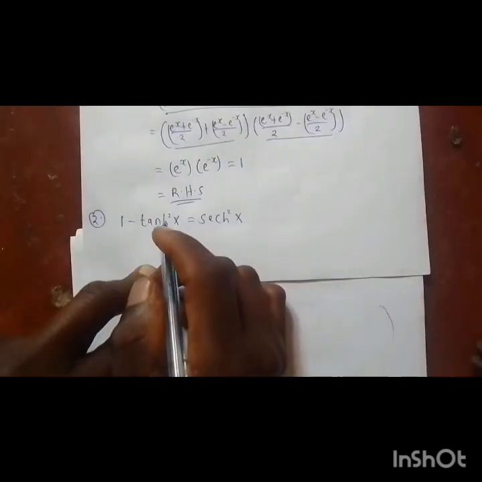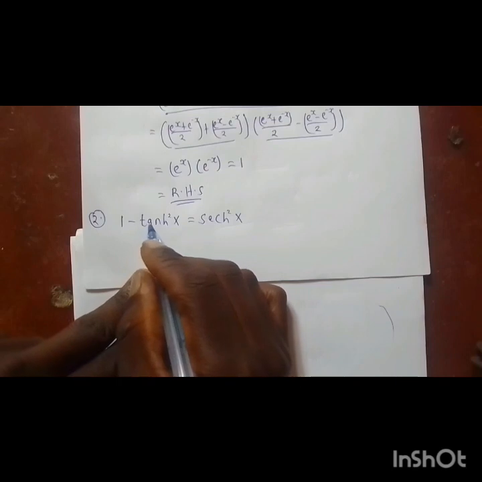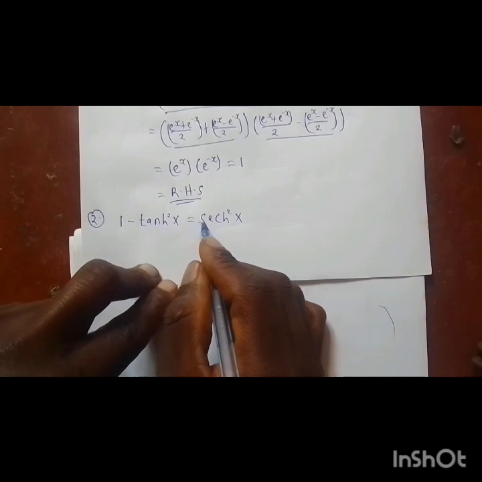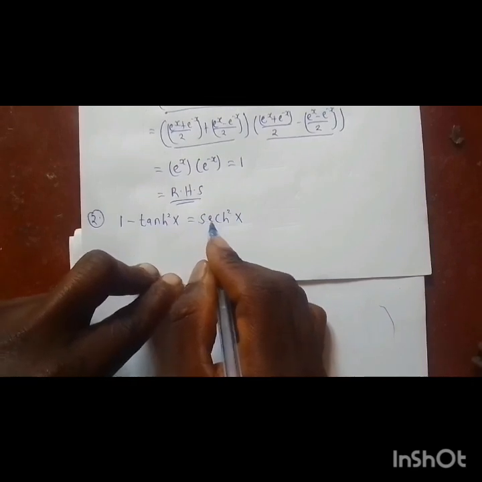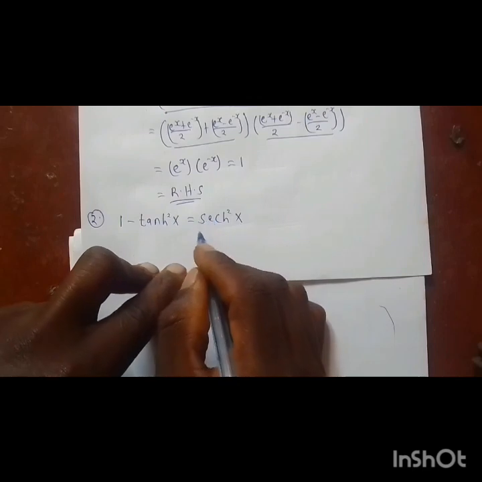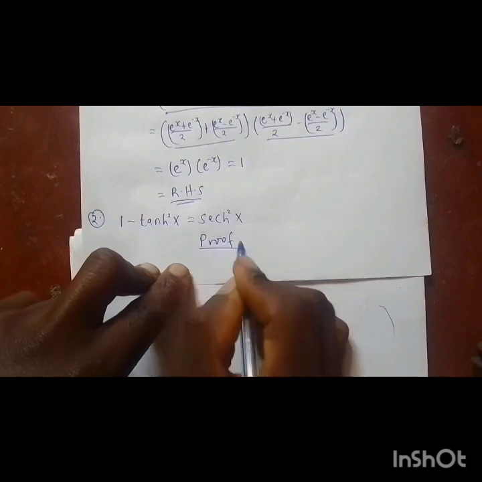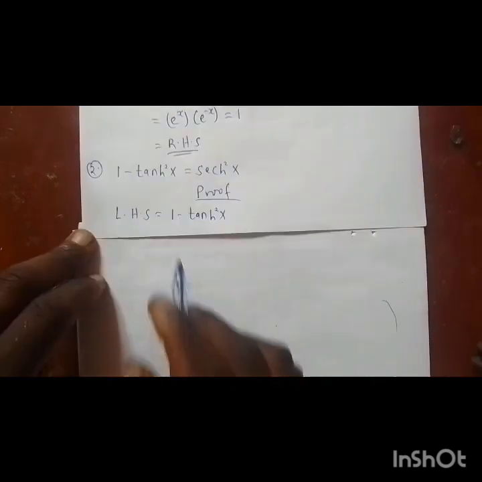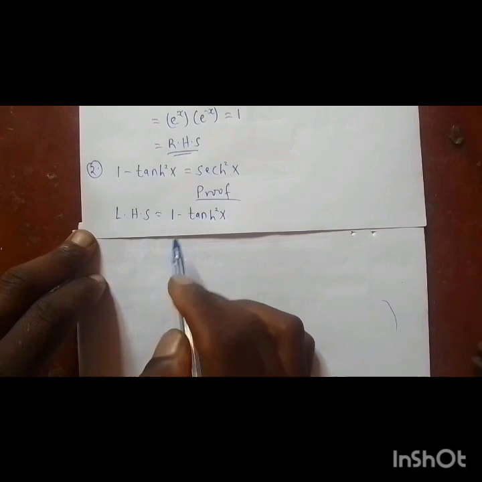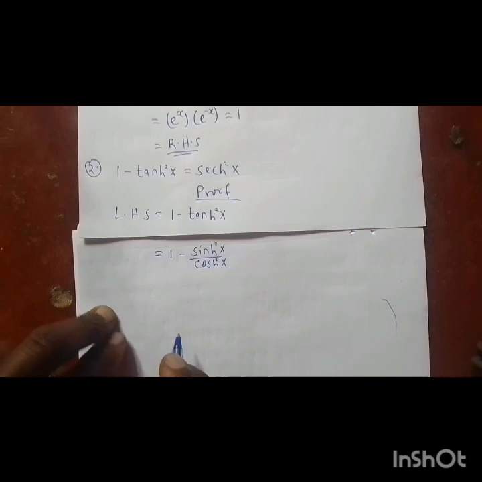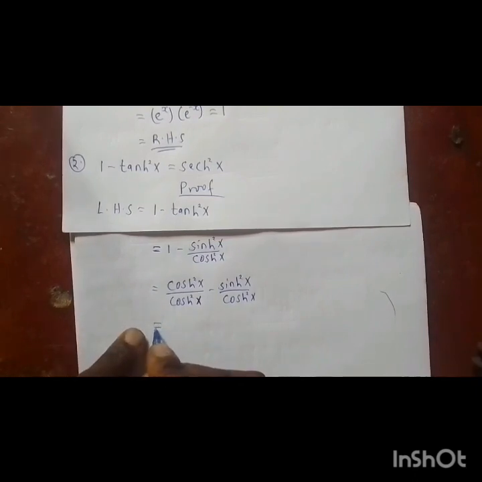The second identity is that 1 minus the hyperbolic tangent squared of x equals the square of the hyperbolic secant of x. So we want to prove it. So we want to expand the left hand side. So we would have this, which is also the same as, so solving it comes